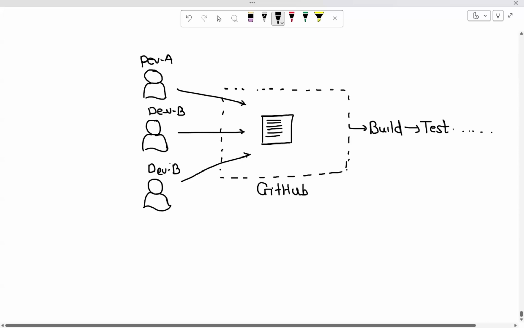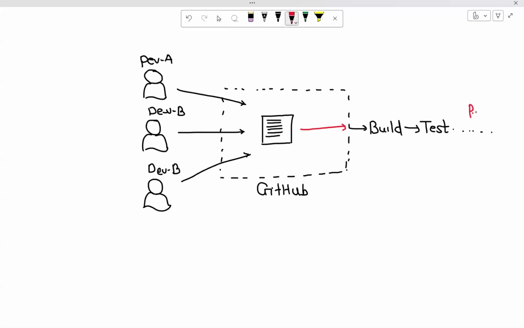Because what may happen when Developer A is working on that production code, because this is going into production, by the way. Just be aware of this fact that this exact code is going to trigger the entire process, and finally it will go into production. So the problem here is that when one developer is working on that code, if simultaneously another is working, and a third one is working, the changes the first one makes will affect the second one, and the second one's changes will affect the other one, and all of a sudden your application will be at risk of a crash or a breakdown.